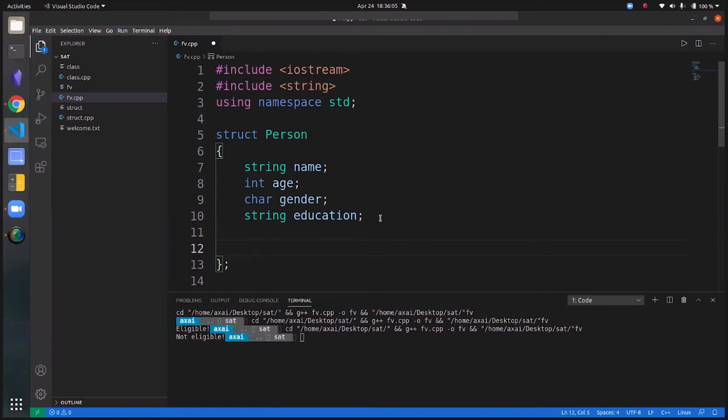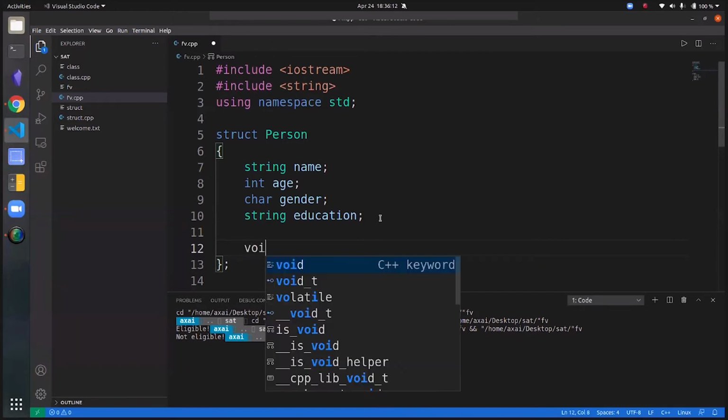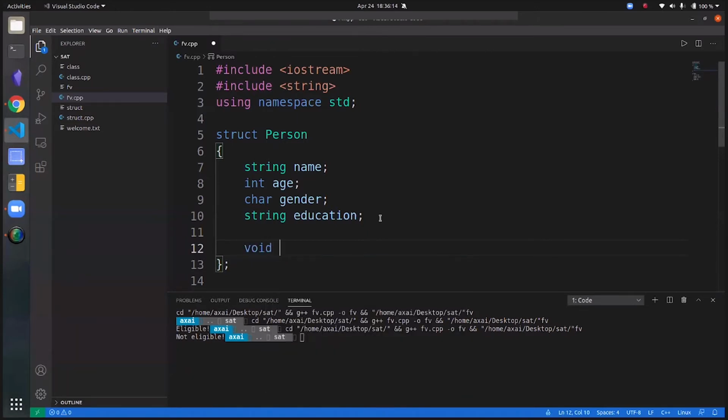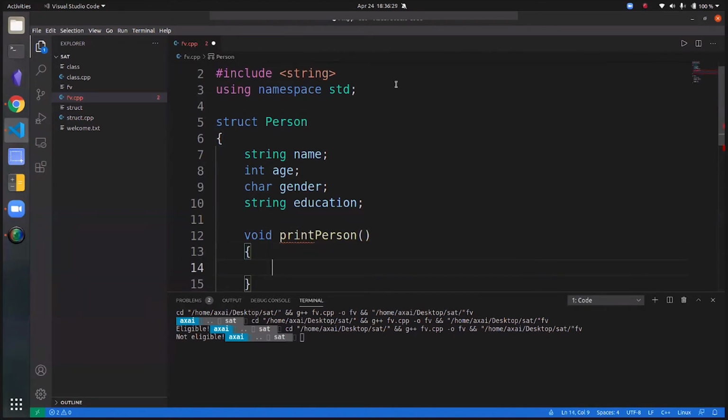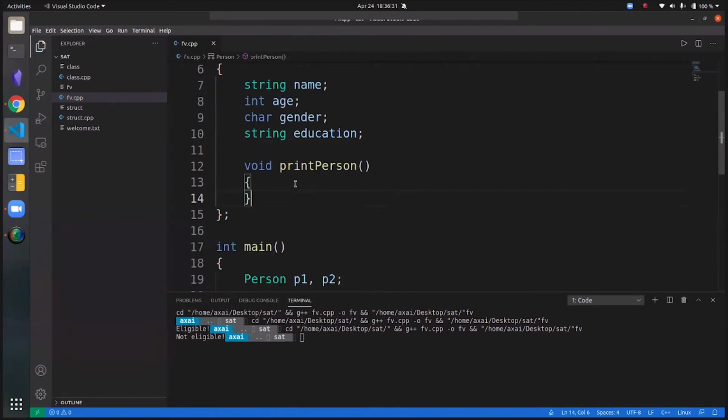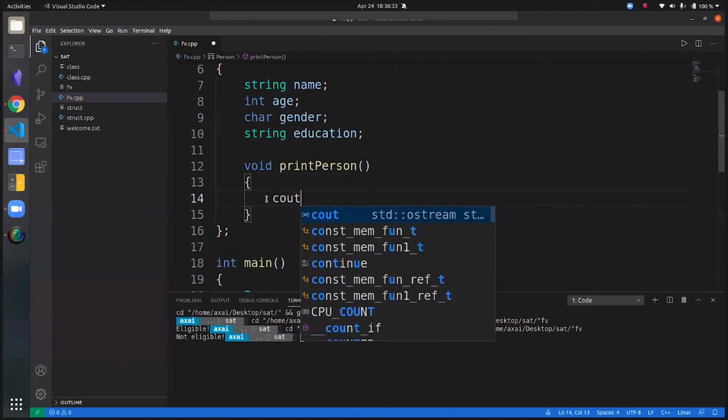Now we can start with the member functions. Member functions are functions that you define inside a structure, and these functions are a part of the structure itself. Let me show you an example. Void print person. As you know, void will never return anything, so let me just print it here.